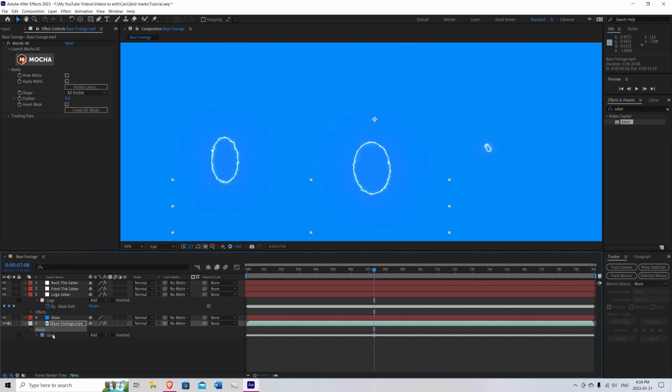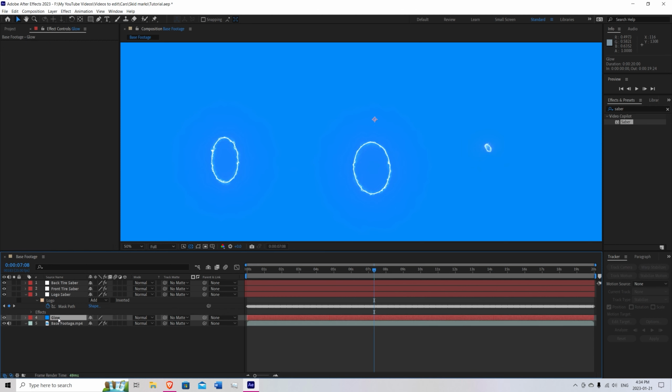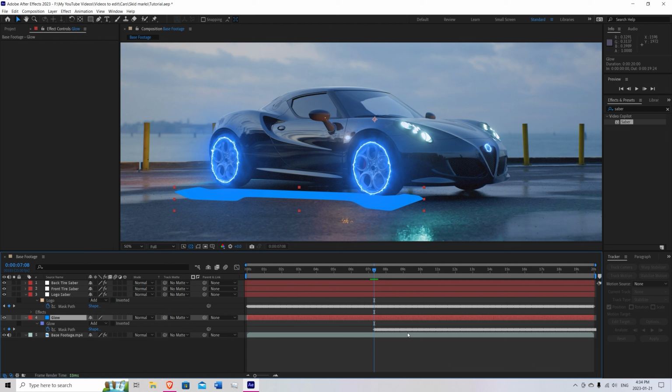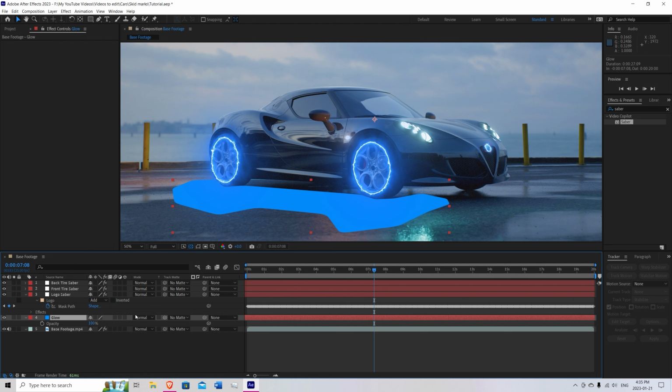Now you're going to press Ctrl X on the mask from the base footage. Cut. Ctrl V over the glow layer. There we have it. Now you're probably thinking that doesn't look like a glow at all. That's okay. First thing we need to do is press M on the keyboard. Make sure that the keyframes are matched up correctly. And now what we're going to do is press T on the keyboard, bring up opacity, bring that down,